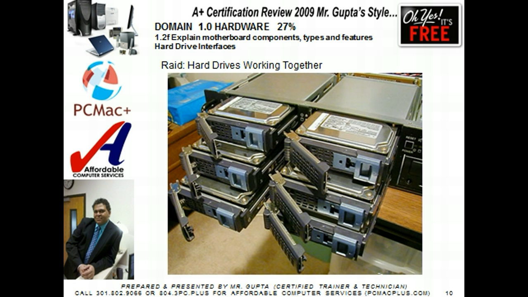Next, we are going to talk about RAID. How can we have hard drives working together with RAID? The need for RAID can be summarized in 2 points. The 2 keywords are redundant and array. An array of multiple disks accessed in parallel will give greater throughput than a single disk. Redundant data on the multiple disks provide fault tolerance,